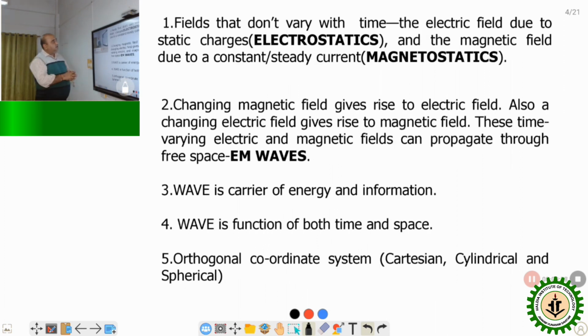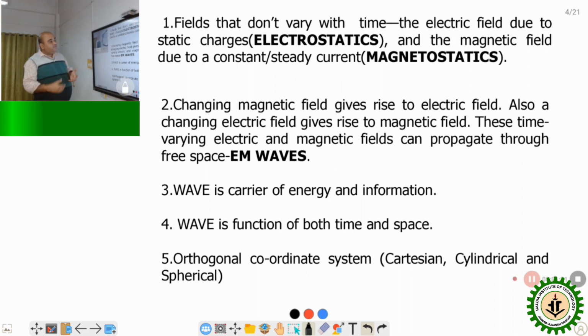First of all, I would like to state that when we talk about electrostatics, that means the electric charge is at rest, not in motion. That can be a line charge distribution, a surface charge distribution, a volume charge distribution, or simply a point charge. So all these static charges form the electrostatic field. But when you have a DC current, a constant or steady current source, then you have the magnetostatic field or magnetostatics.